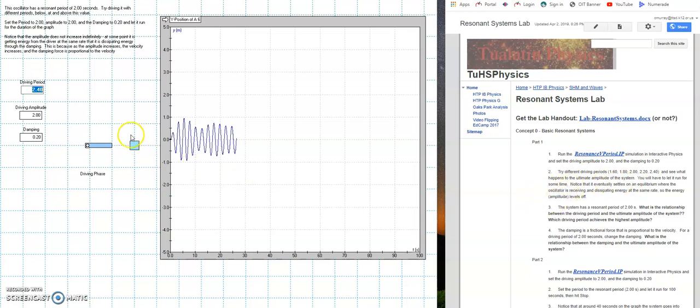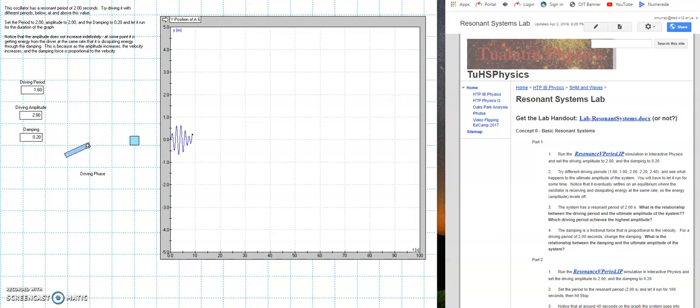Now I'll give you a clue. The resonant frequency of this little oscillator here is 2 seconds, right? So you can guess what frequency it wants to be driven at, but let's mess with this, right? So let's put 1.6 in there. And let's run this. Little button right off the side of your screen there. And you can see it